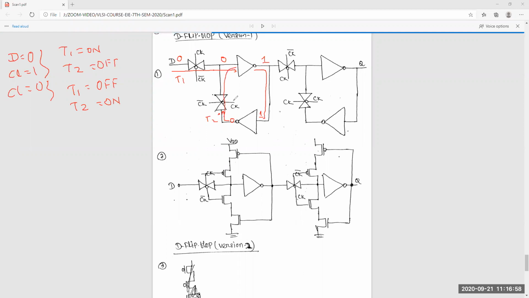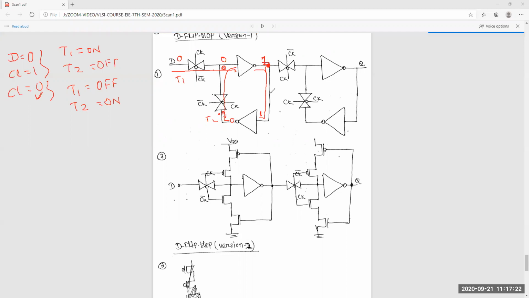So now whatever the previous value was there, that will come to this again. So you will get again 0 here, 1, 1, 0. Now this value will latch, which means at the output point you will get always 1. Okay. So now you can say it's working as a latch. When clock is equal to 0, it is working as a latch.